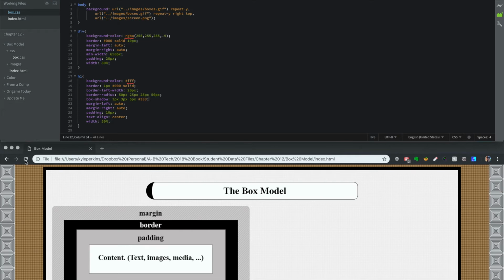So if you save, you refresh, you now see that the H1 has a nice shadow around the edges. Trust me, prior to CSS3 and all the things that we're learning right now, in order to achieve this, it would take a bunch of image editing and then a bunch of image loading just to get this effect. Now the browser does 90% of the work. Well, a right and down box shadow is nice, but what we can do is we can actually